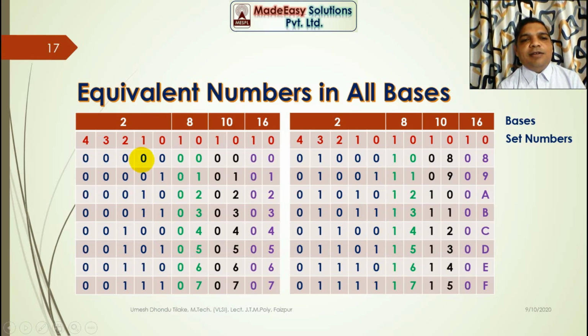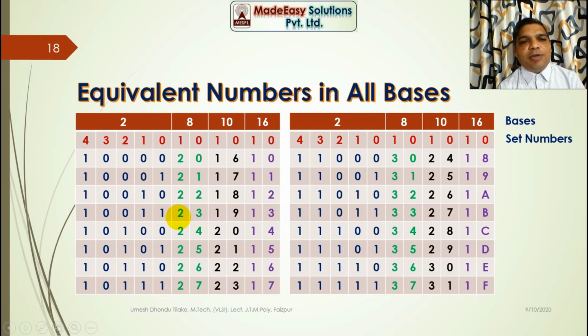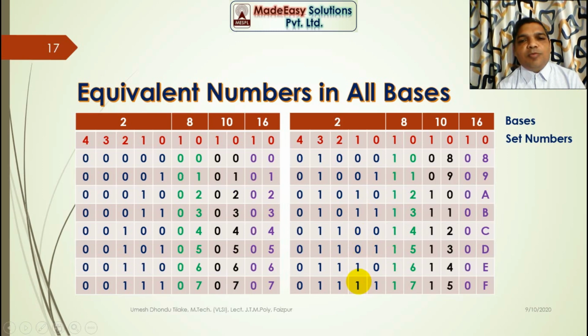Now in set 1, digit 0 is used 2 times, digit 1 is used 2 times, digit 0 is used 2 times, digit 1 is used 2 times. It is continued. See over here, digit 0 2 times, digit 1 2 times, digit 0 2 times, digit 1 2 times. Come to the next slide, digit 0 2 times, digit 1 2 times, and so on. Come to the first slide.